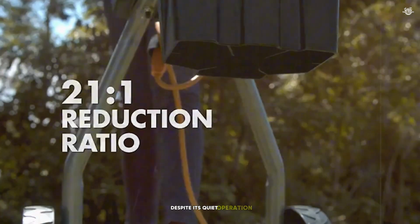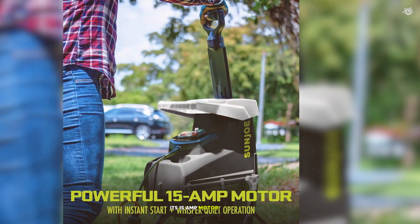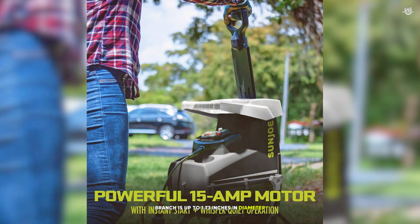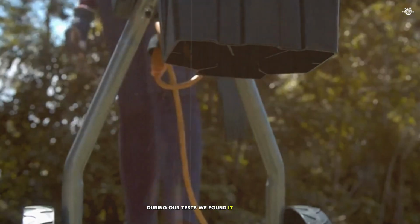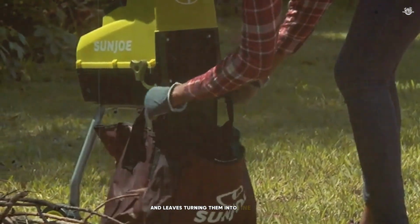Despite its quiet operation, the Sunjo doesn't skimp on power. Its 15-amp motor can handle branches up to 1.73 inches in diameter, which is impressive for an electric model. During our tests, we found it particularly effective at processing smaller branches and leaves, turning them into fine mulch perfect